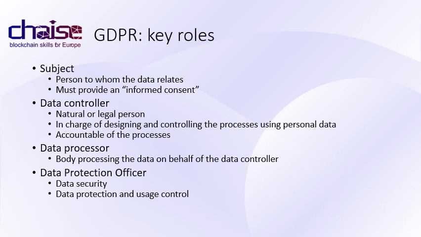The data processor is the entity in charge of processing the data on behalf of the data controller. Both are different. As a consequence, it is not accountable of the process, but the data controller is. The data processor must simply ensure that security means are implemented to reduce security risks while processing or storing the data.